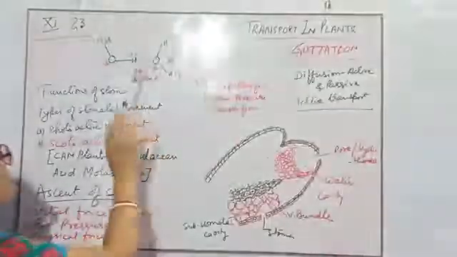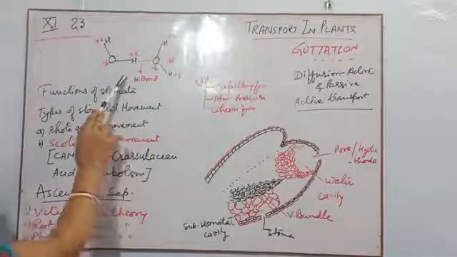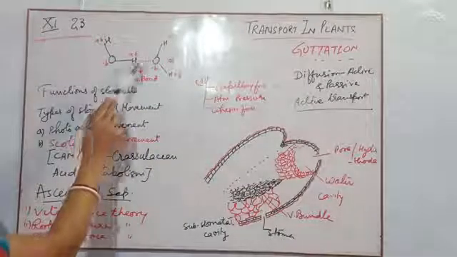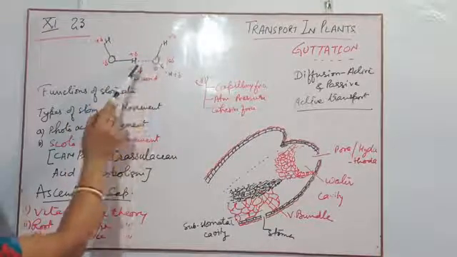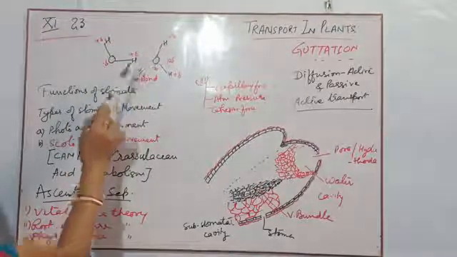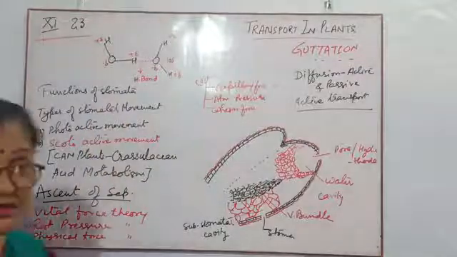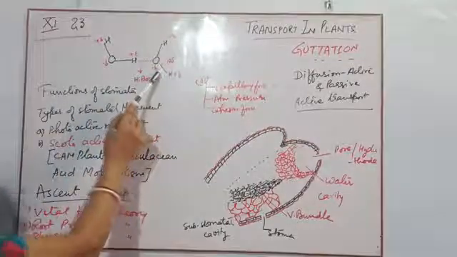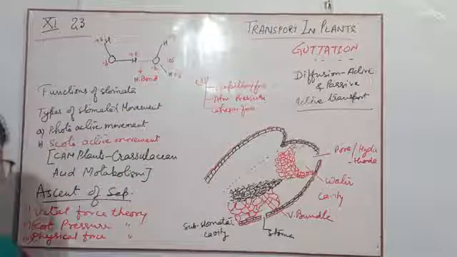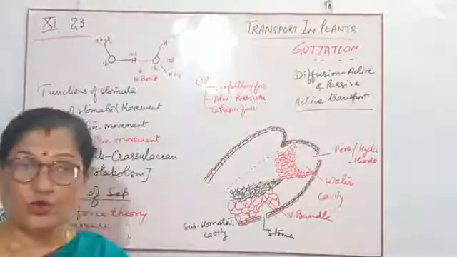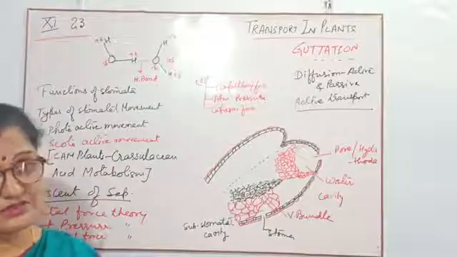As children, here I told you, this is the chemistry of the water molecule. According to the water molecule, one molecule is here, one molecule is here. Between the two molecules of water there is a hydrogen bond, and see, a delta negative charge is there on oxygen and a delta positive charge on hydrogen. So the delta negative charge is quite more than the delta positive charge on hydrogen.